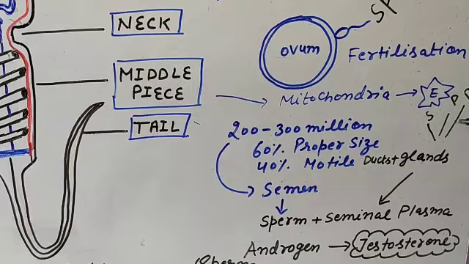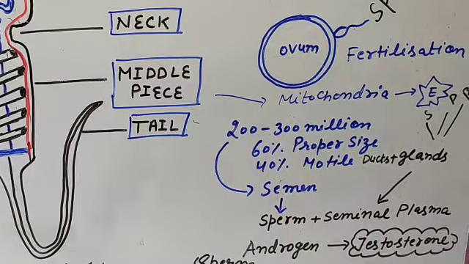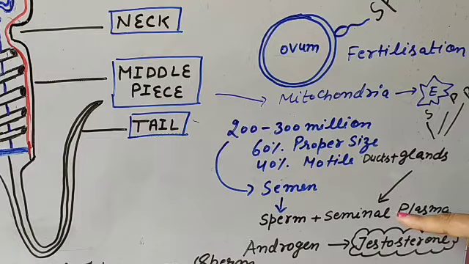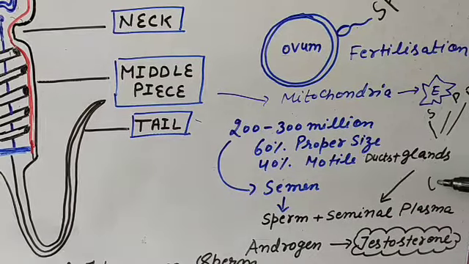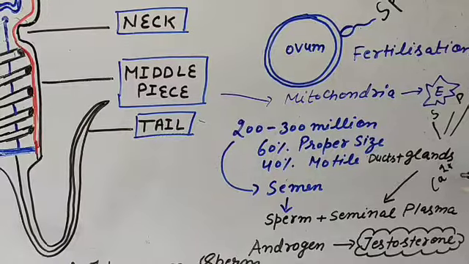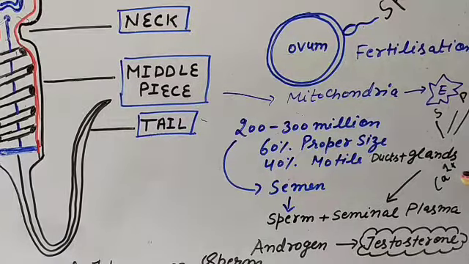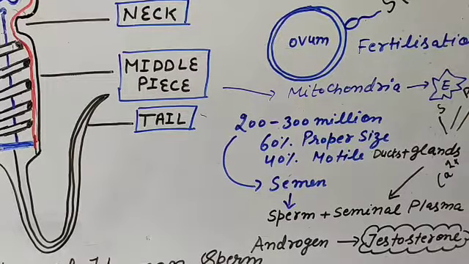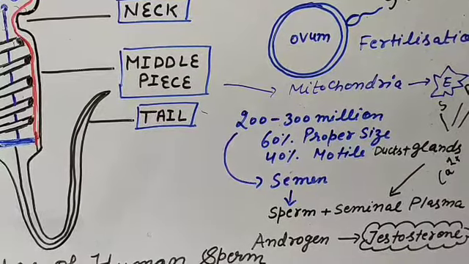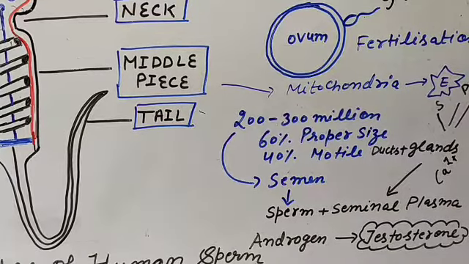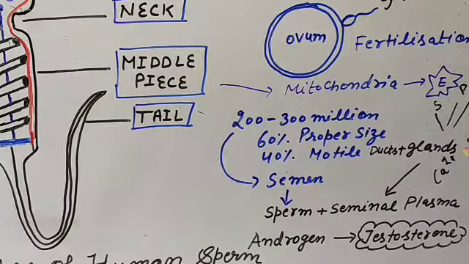The secretion of all these glands is known as seminal plasma, and this seminal plasma has a very rich amount of calcium ions, and fructose which provides the energy to the sperms and provides motility to the sperms. And the bulbourethral gland helps in the lubrication of the penis. So the secretion of these glands plus ducts